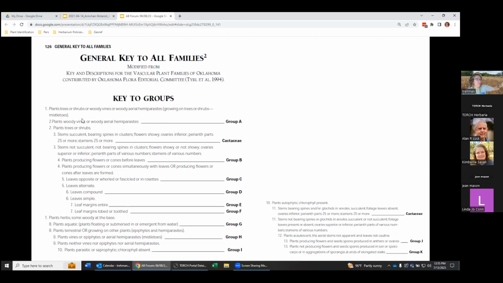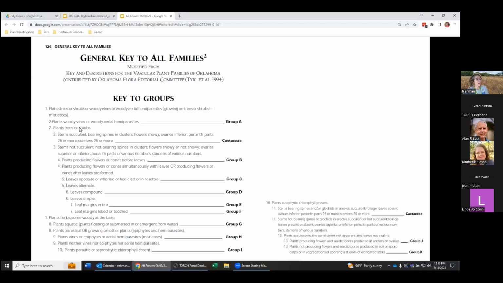So at the beginning of the flora, after all the introductory material on page 126, you've got a general key to all families. So it starts you, here's my couplet. Let's say we were talking about a milkweed. It doesn't matter which milkweed, the orange milkweed, Asclepias tuberosa, the butterfly milkweed. If I were trying to identify that, I'd start here. I'd say, does my plant match this one? This first couplet, 1, plants,